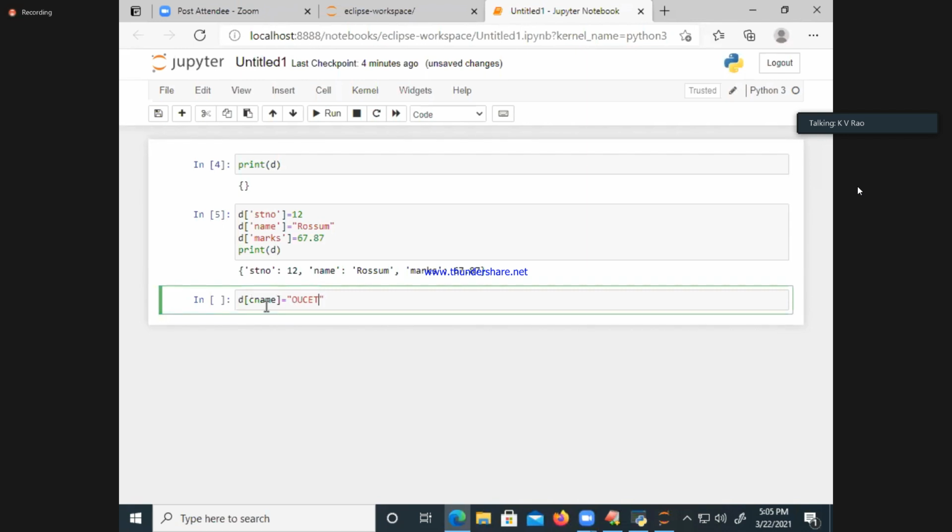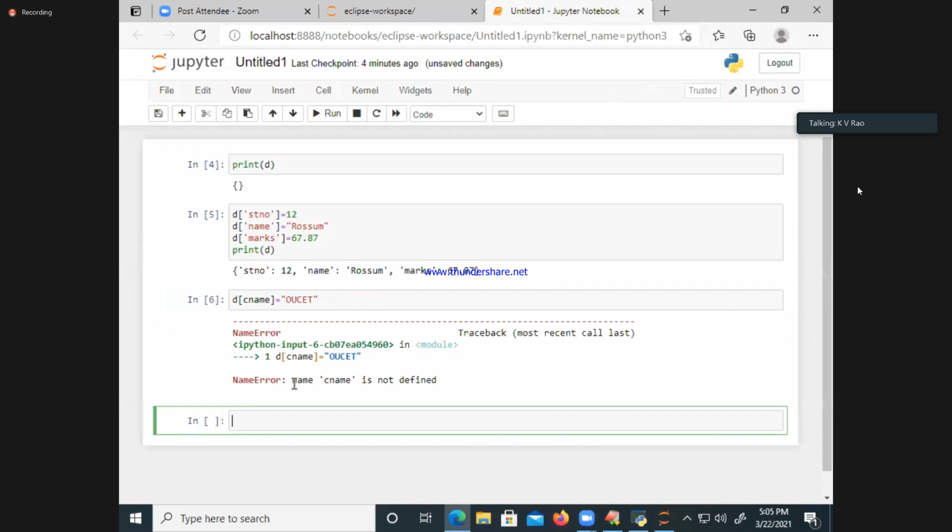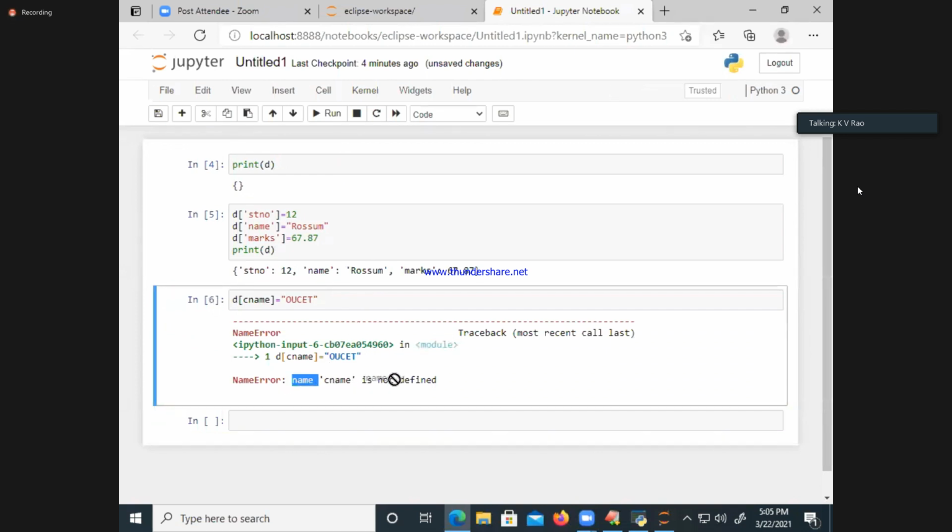Is it having a value? Now try to run it. Name, cname is not defined. That's why any string keys you are using must be written within single quotes.